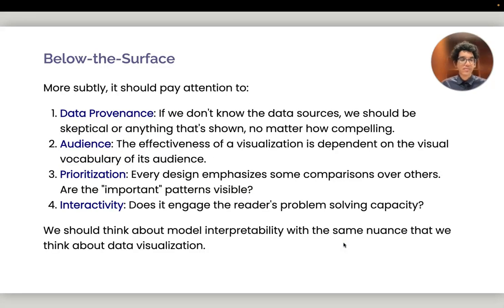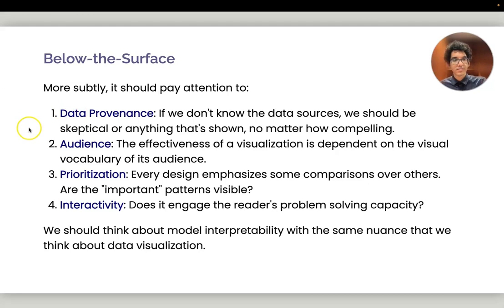So those are 3 important characteristics for visual effectiveness, and there are many more. If you think a little bit more carefully, so one, provenance. If you don't really know where your data came from, then it doesn't really matter how fancy your visualization is. Second, there's audience. If you're making a visualization for a specific kind of domain, and everyone in that scientific domain is already very familiar with certain terms or certain symbols, then that might be a very good visualization for that audience, but it might not be useful at all for a more general audience.